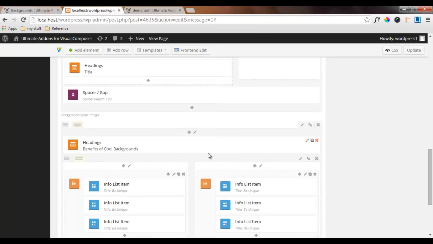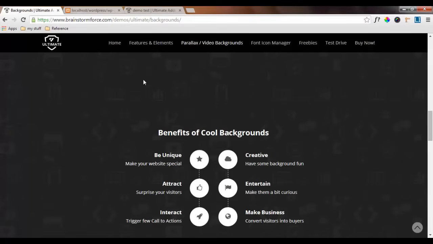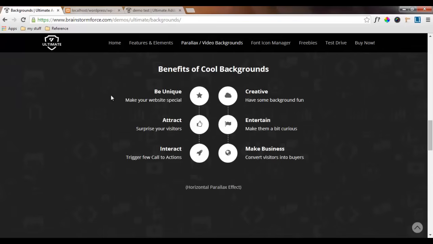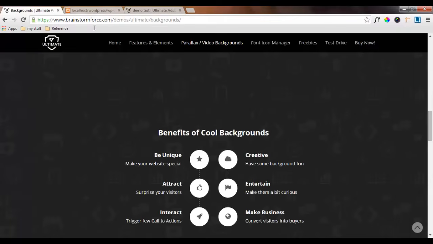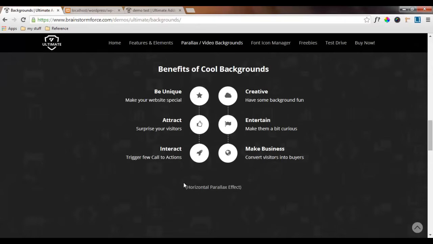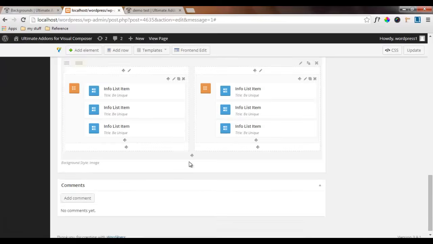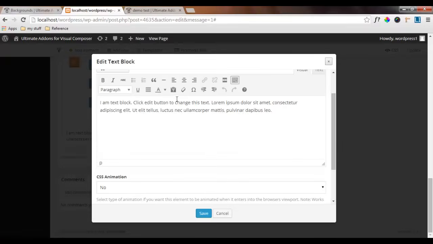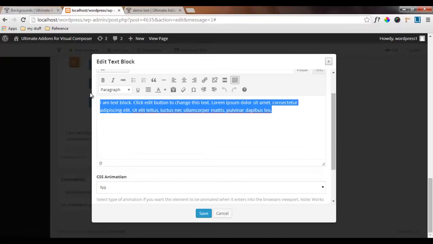I'm done with this. One thing more, we have to add some space over here to the top and to the bottom, because if we don't give any space, then the section will be sticking to these elements. So rather than updating it just now, I'll add a simple spacer and a simple text block. So here we go. I'll add a simple text block first that says